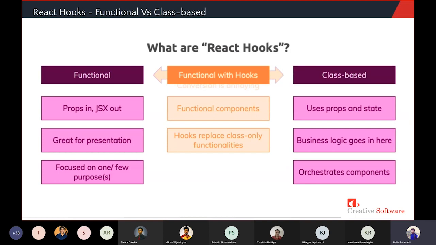You pass the props to the functional component, and you will output your JavaScript XML, and it's only a view part. But what React hooks do here is, React hooks replace the class-only functionalities in the functional components. So let's see.